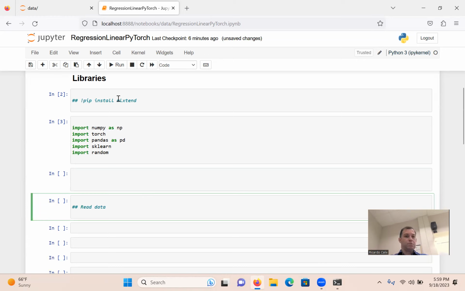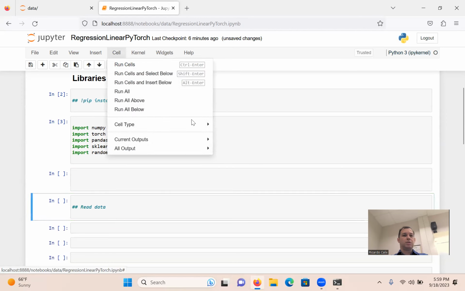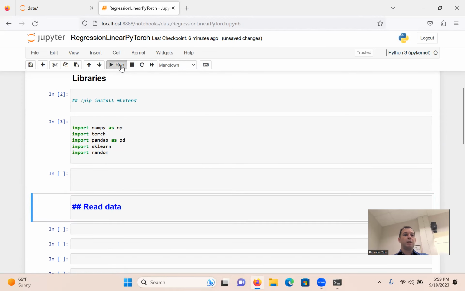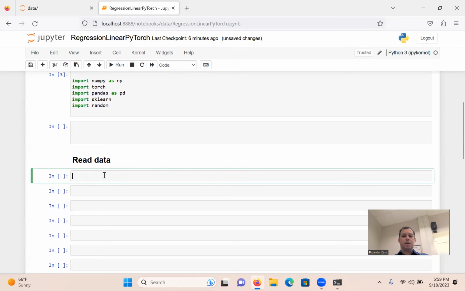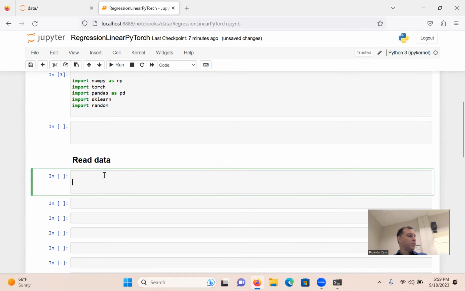And so let's do cell type, markdown, hit run. Okay. And now we're going to read in our wine data. So let's say path